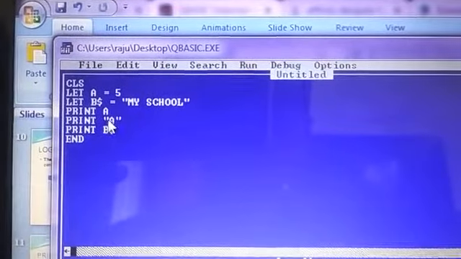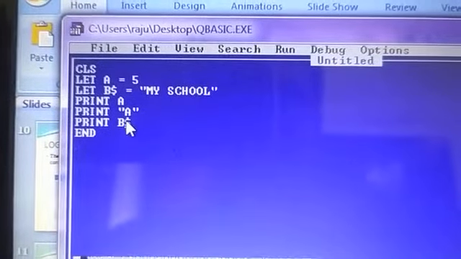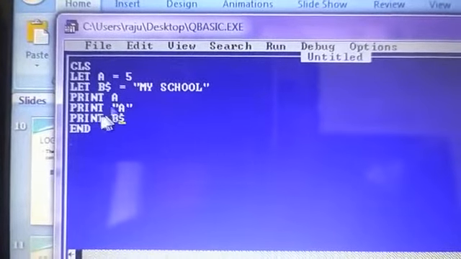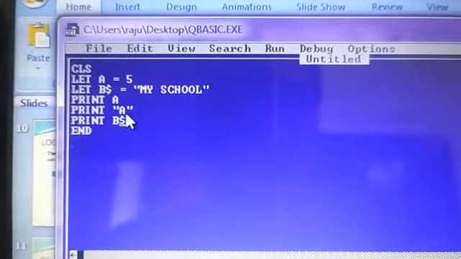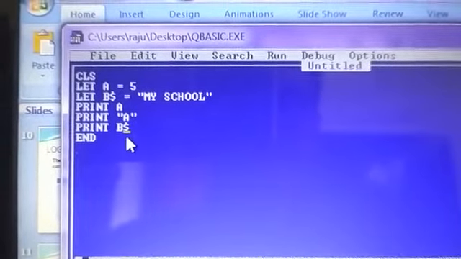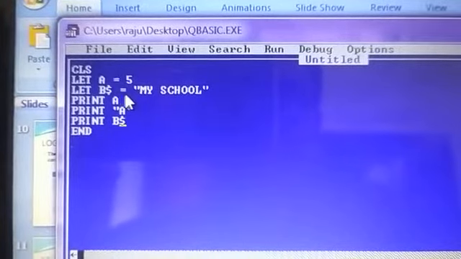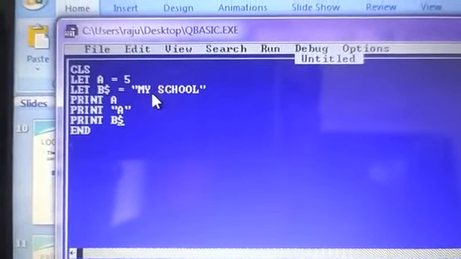So if I write anything in double quotes, it is going to print as it is. But if I don't write it in double quotes, its value is going to print. Like its value is 5, so 5 is going to be printed. So this is the difference between when you use numeric data and when you use string data or any expression, words or sentence.